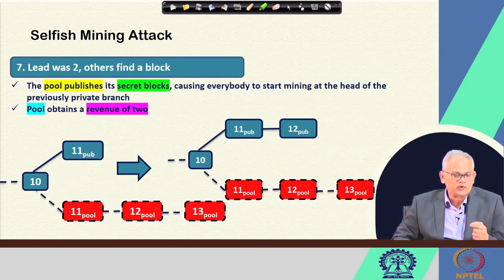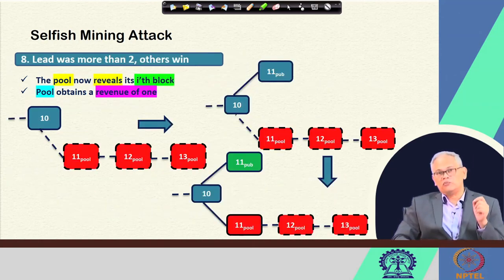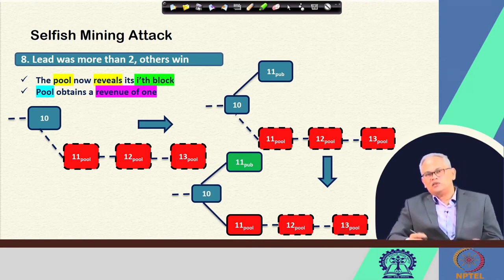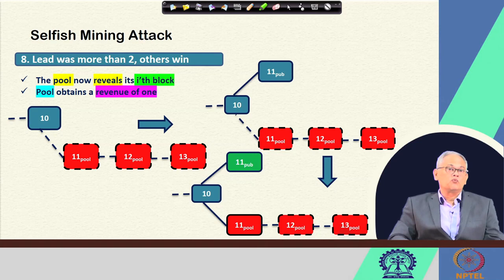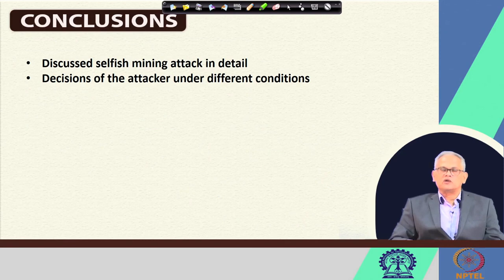So, after this particular scenario number 8, we have covered all the possible scenarios, and as we have seen, the attacker will strategize based on where it sees itself with respect to the public view of the blockchain. That is about this selfish mining attack, which is very interesting, and of course that causes many other people to join these miners' group. We discussed that in detail, and we have seen how the attacker takes various types of decisions under different conditions, and that is the interesting part of this particular attack.